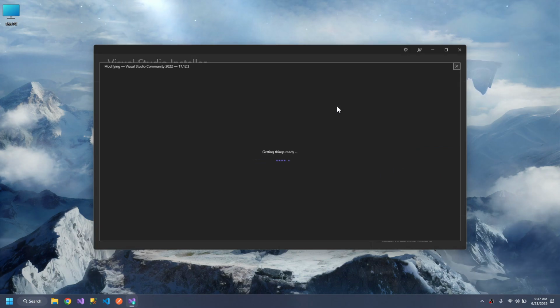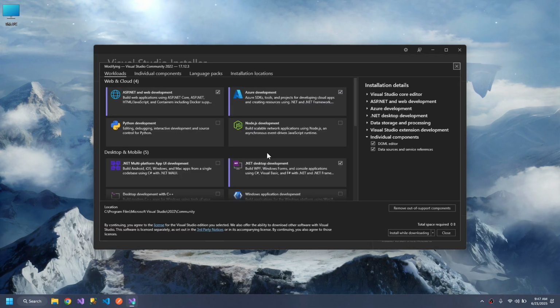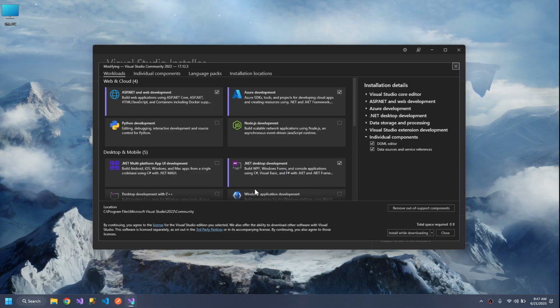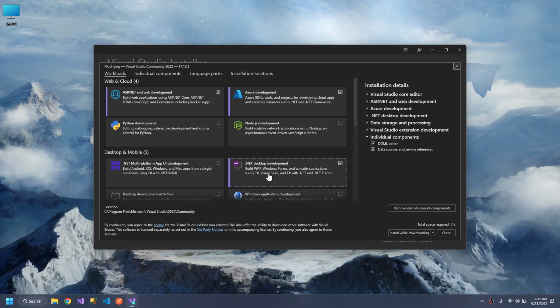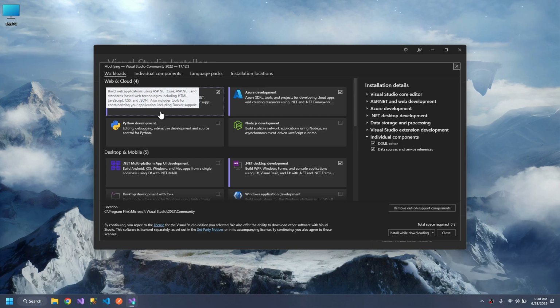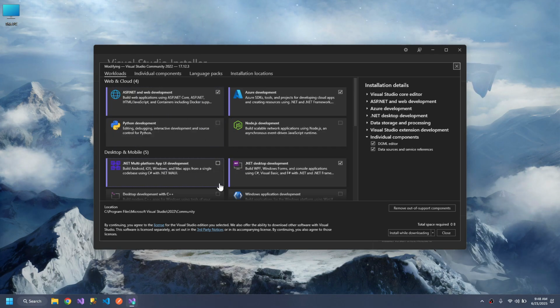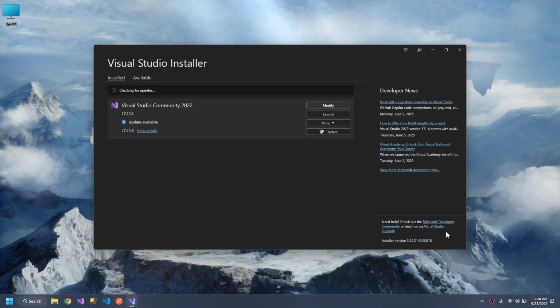You would click install. And you have to select this .NET desktop application that we are doing in this series. And further going down the road, we will be needing this ASP.NET and web development package. Other than that, everything is optional. So click install, and after the installation is finished,